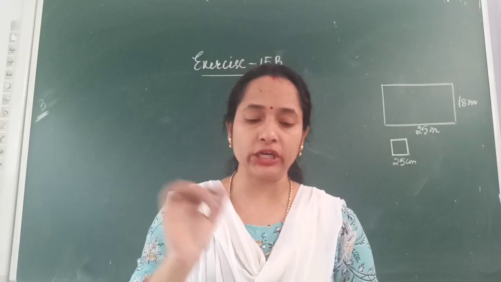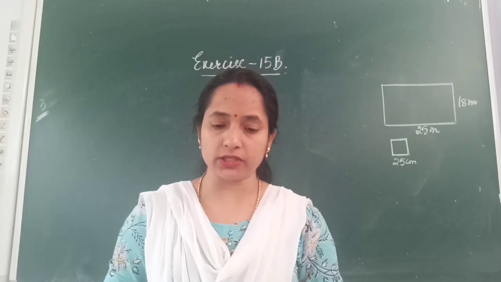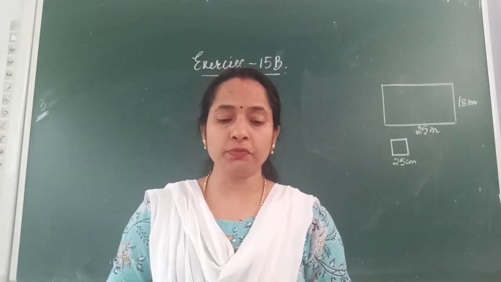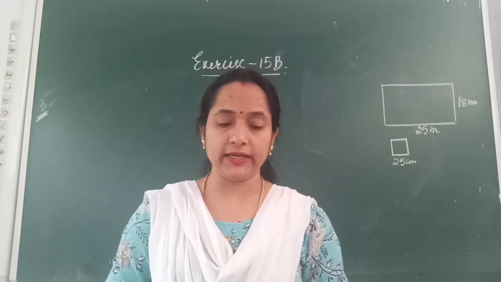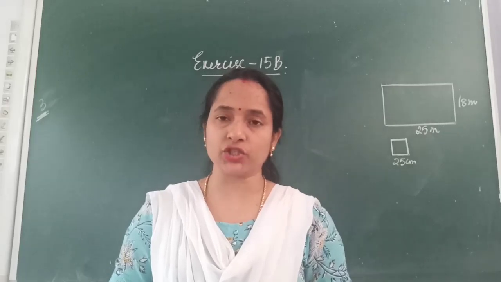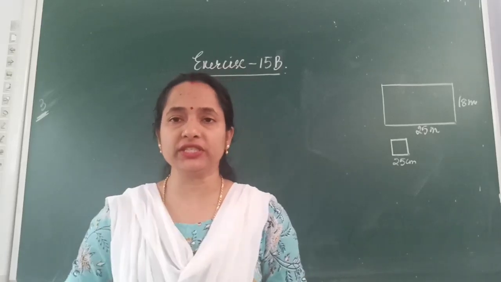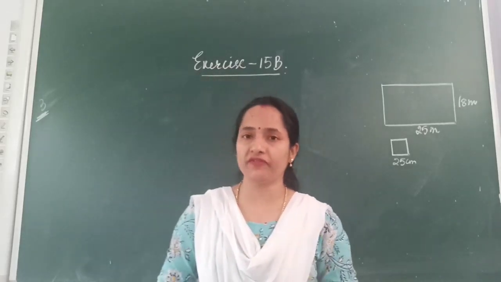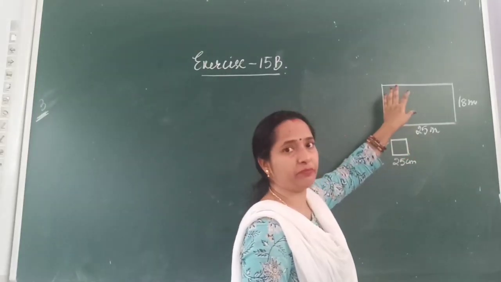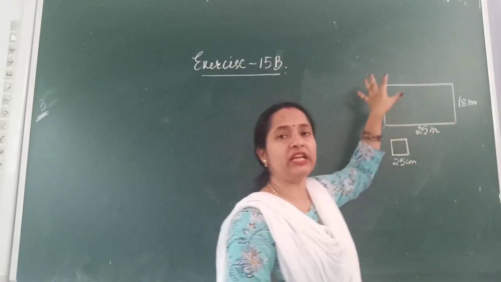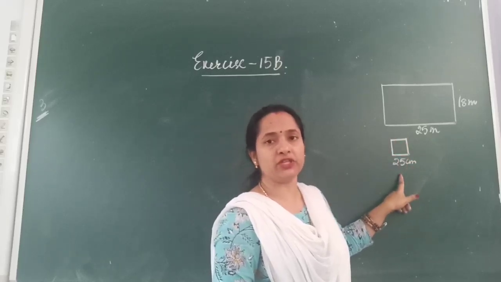Question number 3: a hall is in rectangular shape whose length is 25 meters whereas breadth is 18 meters. If the floor needs to be paved with square tiles of size 25 centimeters of each side, then how many such tiles can be placed? So here I would like to introduce to you a new formula when such questions are raised where you need to find the number of tiles to be paved. Here the floor is given, a rectangular floor, and the tile is given and its dimension is also given.